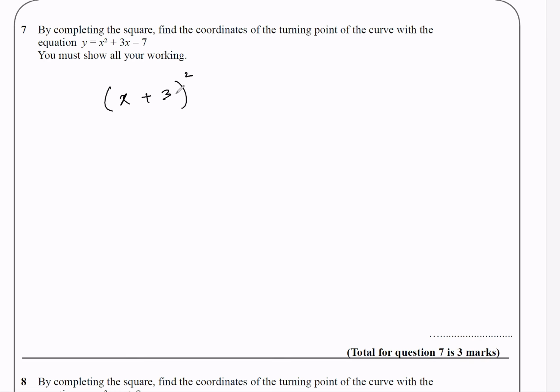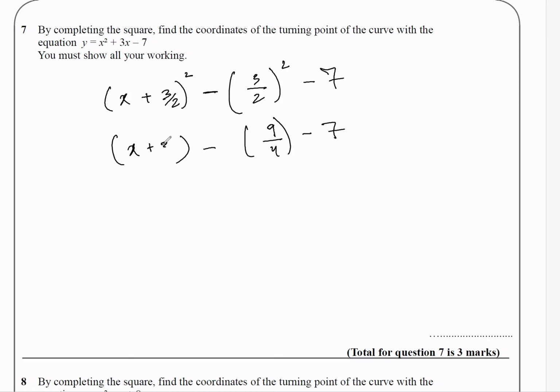Yes, correct: x plus 3 over 2 squared, and then you write a minus sign and 3 over 2 squared again, and then minus 7, right? Since it's 9 over 4 and minus 7, we have x plus 3 over 2 whole squared, minus 9 over 4 minus 7, and then